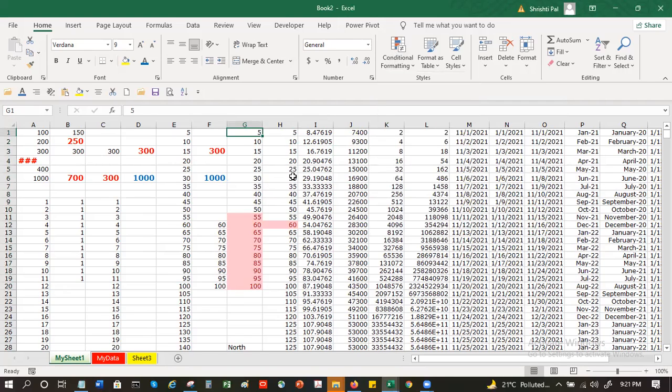Like in your case, you might have people handling the top assignments and consignments, or top 10 customers having the top 10 sales. Normally what I have seen people do is they do a sorting.